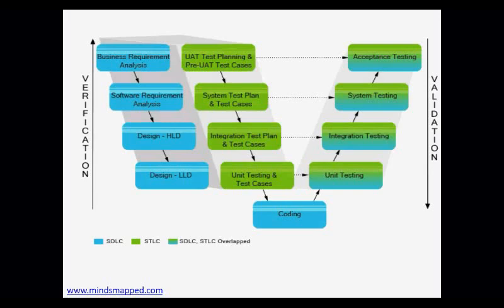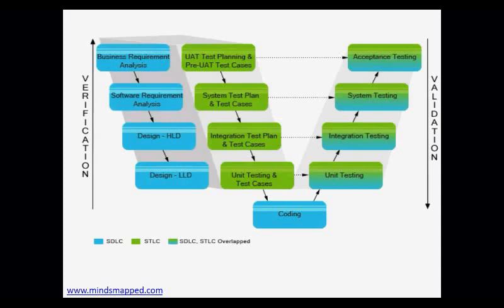When it comes to the validation part, we actually execute the code. We are doing the testing in the validation part. Whatever bugs we find, whatever we are going to test, is done in the validation phase. For example, the one you see in the green box, all the planning and UAT test cases, system test cases, don't get into the terminology. I will explain it in further classes. I'm just giving you a brief introduction on the difference between verification and validation.